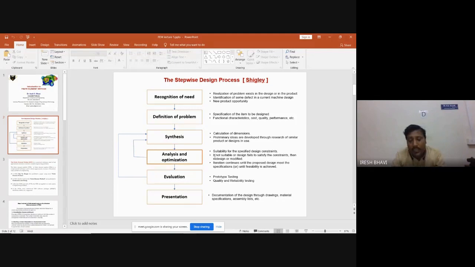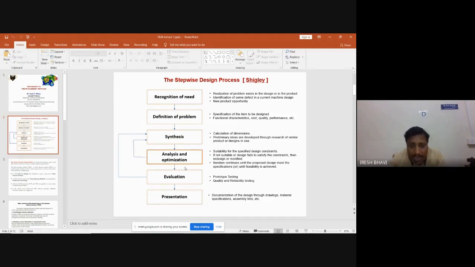So how much stress is induced in this pen, whether the stresses are within the limit or not, and whether the pen will perform properly or not, we find by using computer simulations. So by using computer simulations, we can perform the analysis, and then we can optimize the dimensions. Then later, once it is 100% okay; if it is not okay, you can see here that it is an iterative process. You can see this arrow mark, no? It goes back to synthesis.